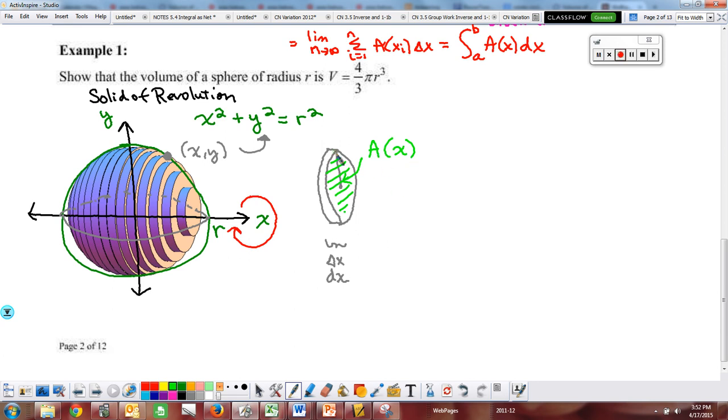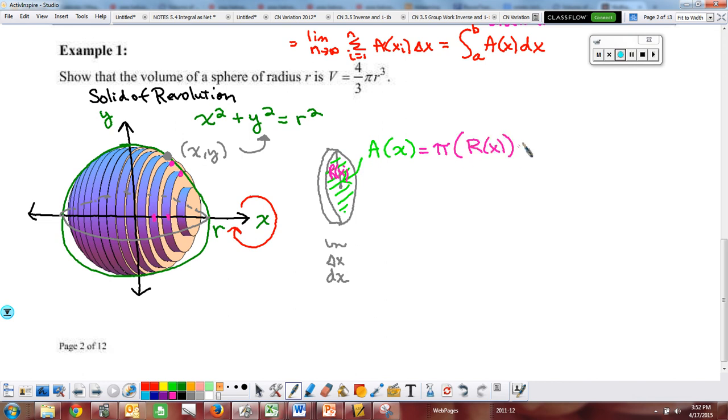What we know is that this area can be found by doing pi r squared. Now we have to be careful here, and this r is the radius of the sphere. This r is going to be a function of x, and it is going to be dependent upon where I am slicing it. If I slice it here, the x that corresponds to this one is going to have a different radius than if I slice it here for this x, then the radius would be up to there. So this is r as a function of x,